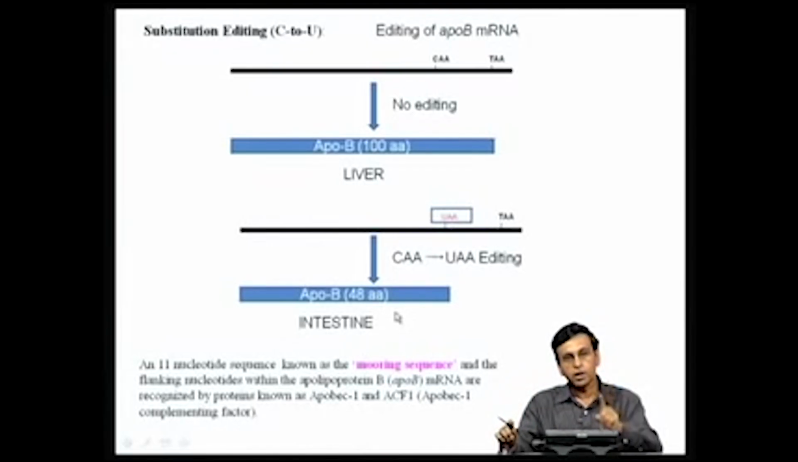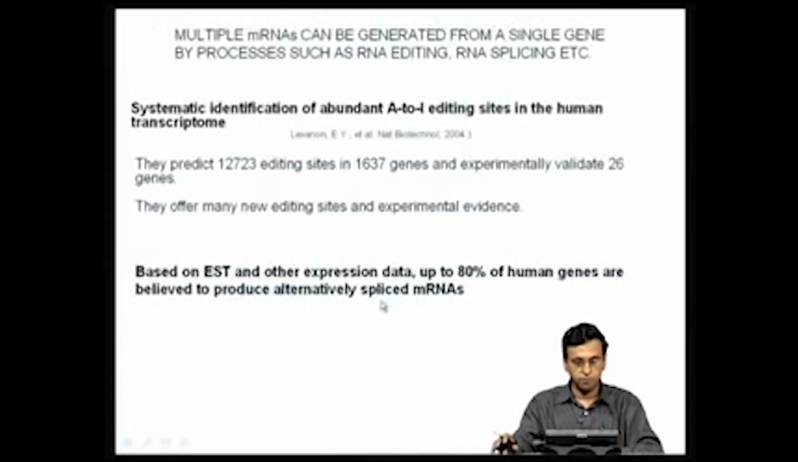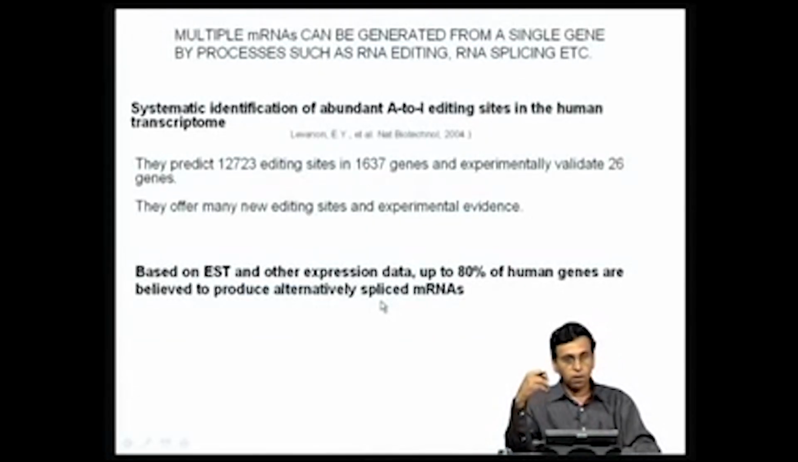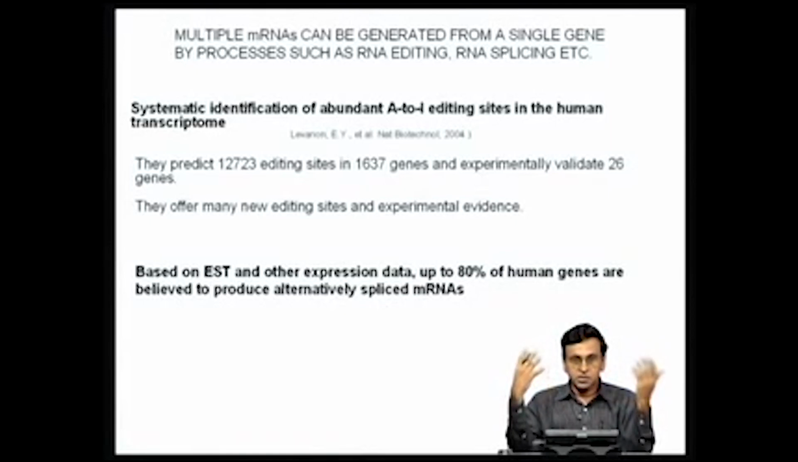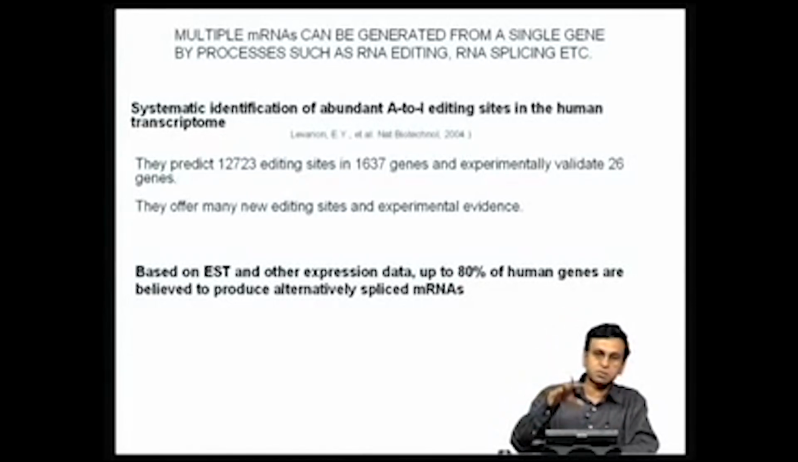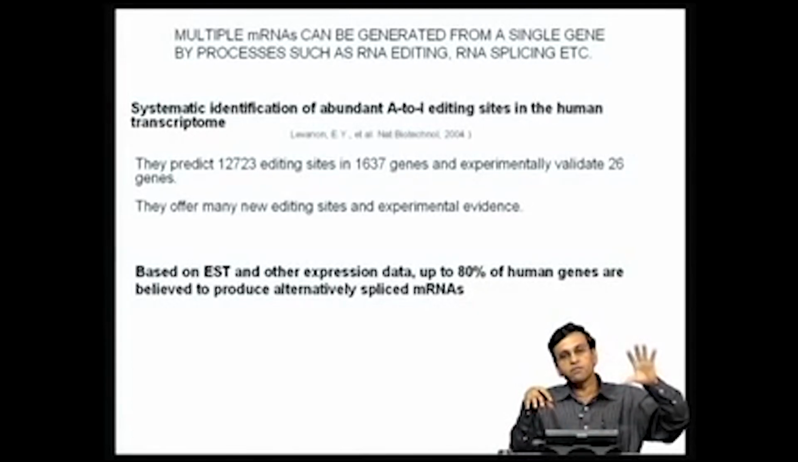From a single gene, by RNA editing, you generate two different proteins in two different tissues. So now, with the genome sequence being out, we know how many protein coding genes are present and so on and so forth. What people are now examining is how many genes actually undergo RNA editing, how many genes undergo splicing, because by these kinds of post transcriptional mechanisms, although the number of genes may be only 30 or 40,000,